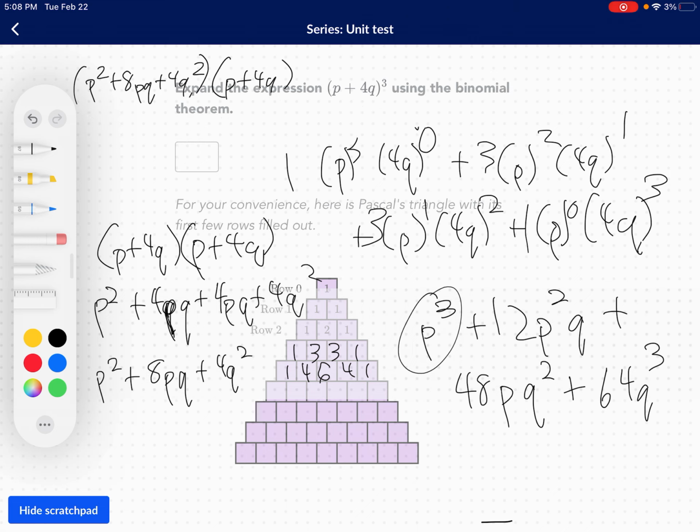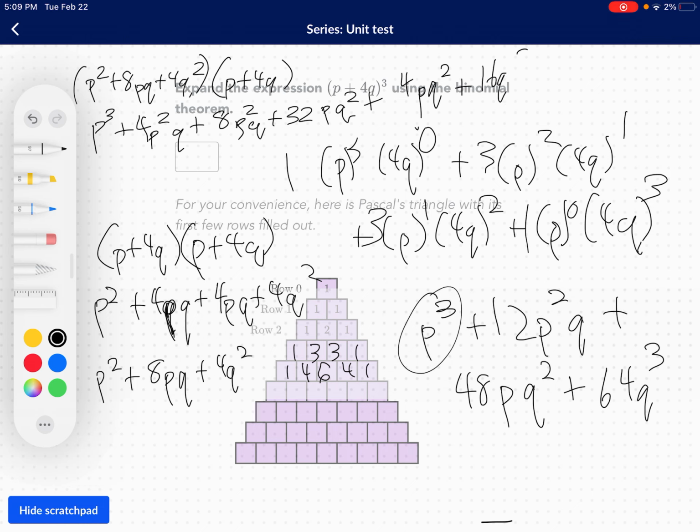Oh my god, I have 3% battery. I have to make this quick. So P squared times P is P to the third, times 4Q is 4P squared Q, plus 8P squared Q, right, plus 32PQ squared, plus 4PQ squared, plus 16Q to the third. Okay, so